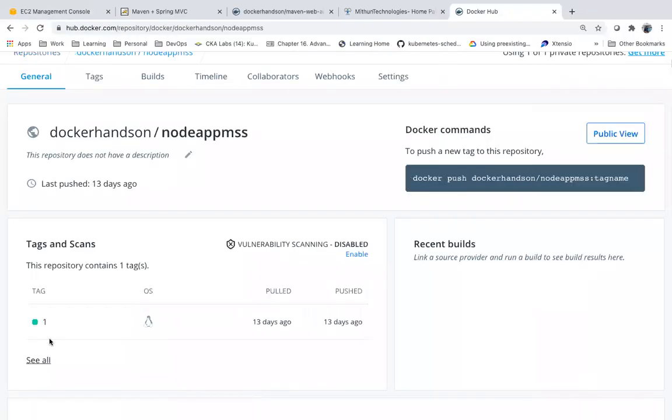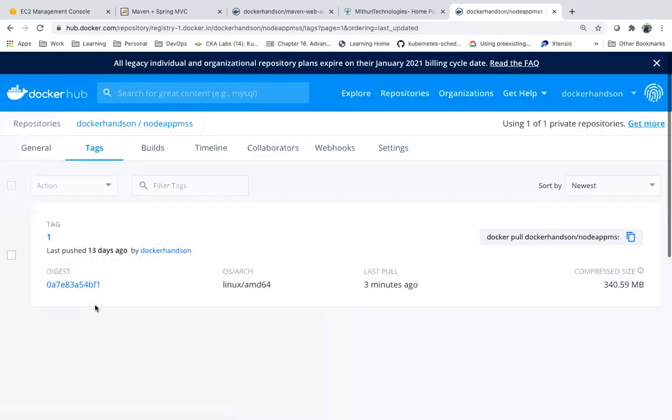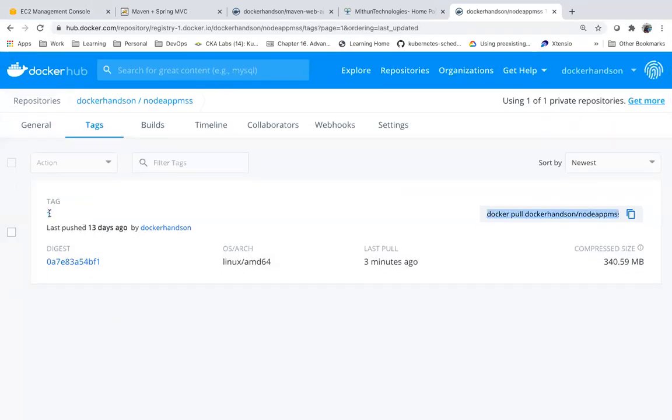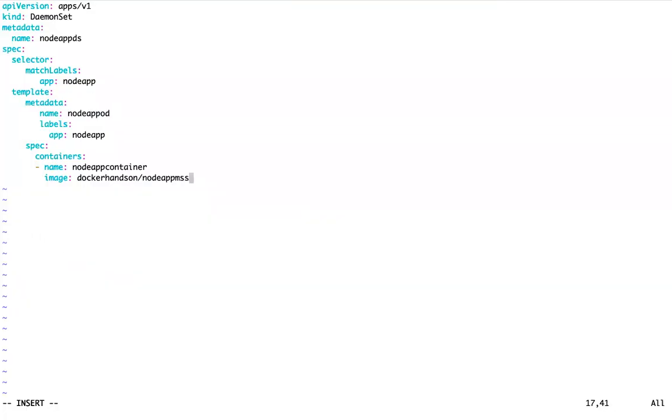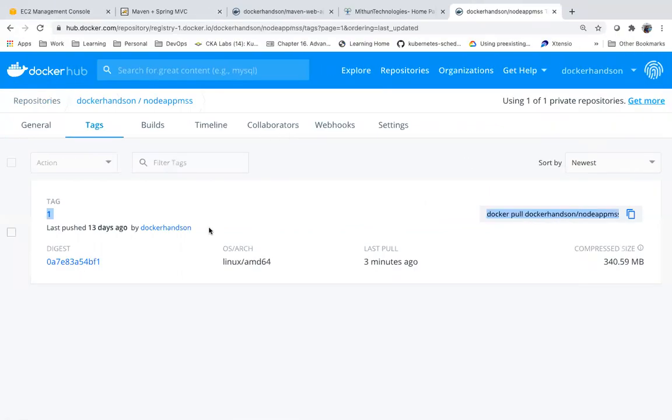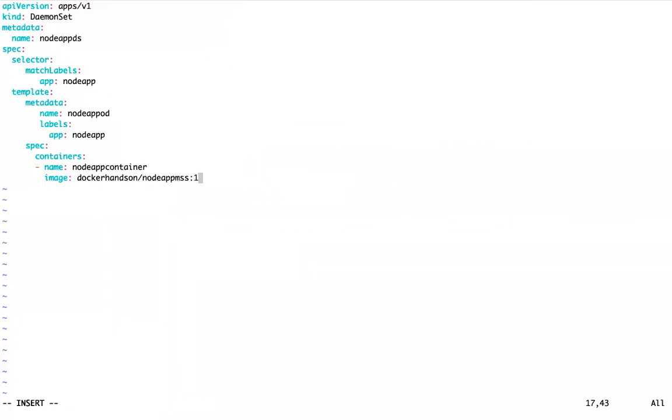Here I don't think I have a latest tag, so I need to explicitly mention the version. If I don't mention this one, we don't have an image with tag latest, and again you will get an error. So I'm just giving something like this.